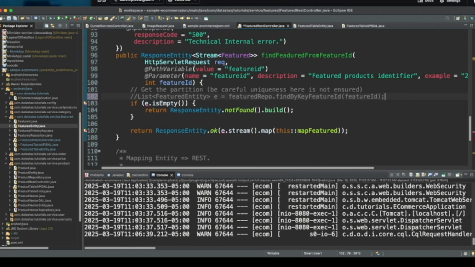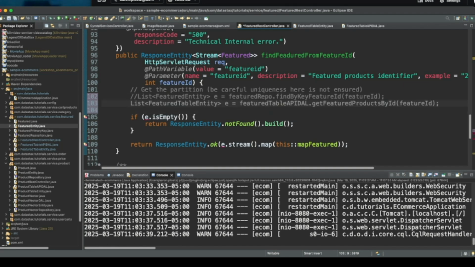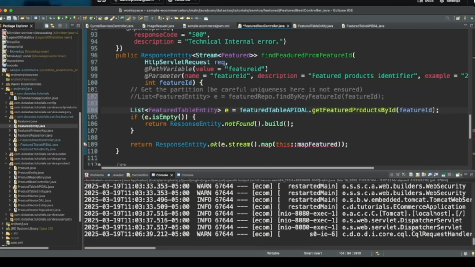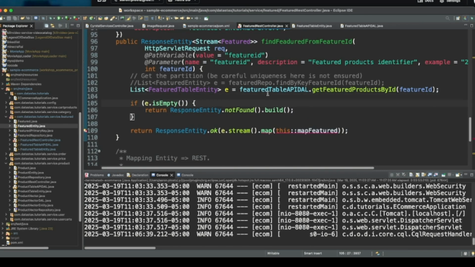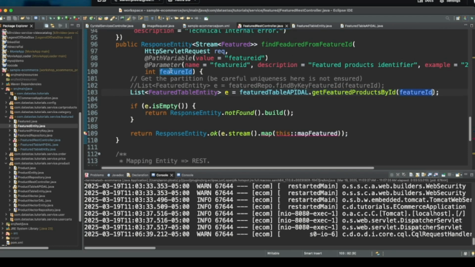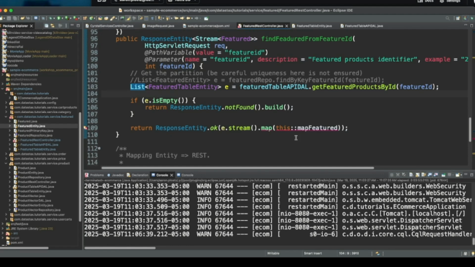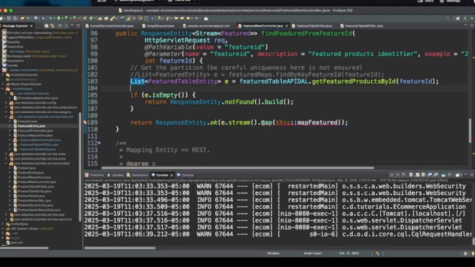And instead, we're going to say, oh, yeah, look at that. Copilot got it right. Good job, Copilot. All right, so it's going to my featured table API DAL, and it's getting featured products by ID, and we're passing that feature ID that it gets from the REST request, and it's building this list of featured table entity, and we're making sure it's not empty, and then we're returning it with a mapper.